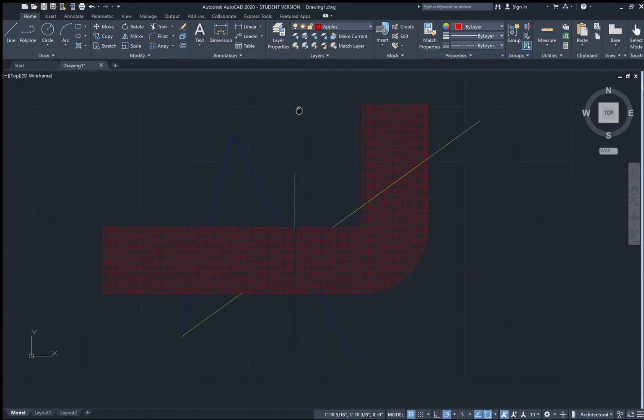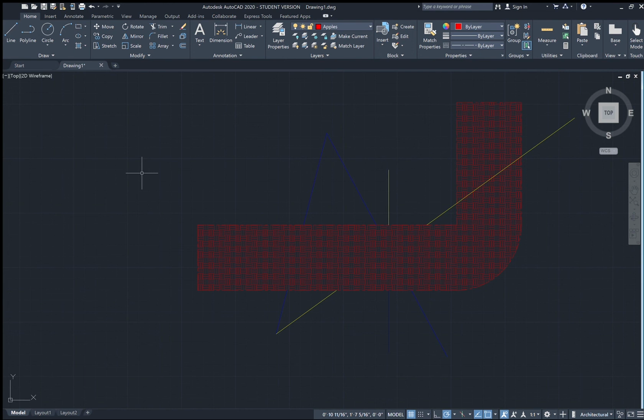Okay, the last command I want to talk to you guys about today is the properties command. The properties command is, you can think of it as, your giant help box. If we were to type in properties right here, by the way, you can type in any command and it will autofill here if you are too lazy to look for it in the ribbon. But if you were to click properties,